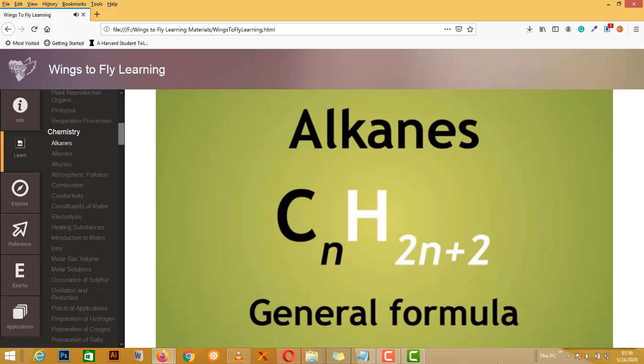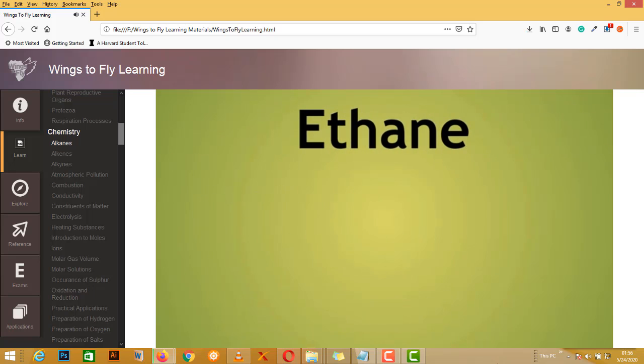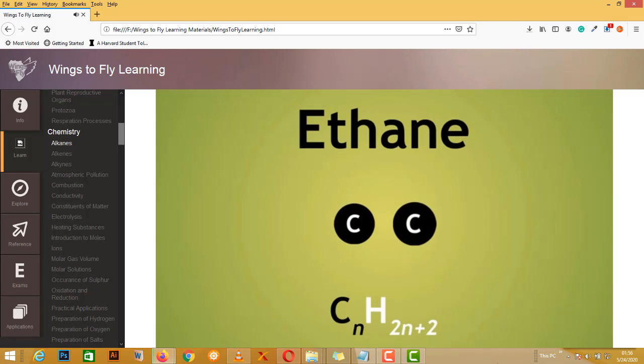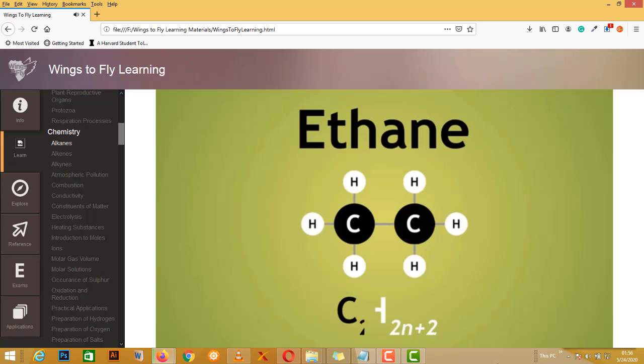A general formula allows us to describe a series of molecules that differ from each other by a constant unit. Let us look again at ethane. Using the formula CnH2n+2, where n represents 2 for the 2 carbon atoms in ethane, we can see that the number of hydrogens will be 2 multiplied by 2 equals 4, plus 2 equals 6. So 6 hydrogens,